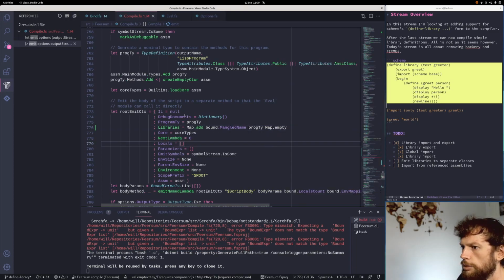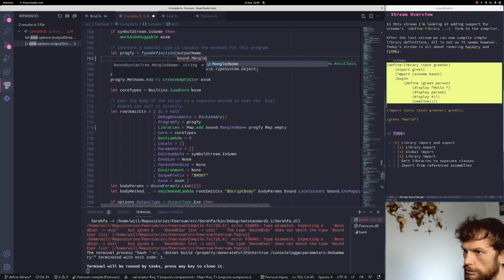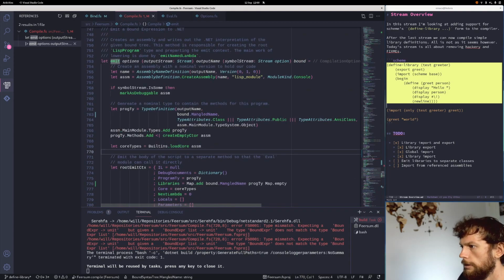So that should be a map containing just the program type referred to by its mangled name. We can probably get away with using bound mangled name here as well. And then